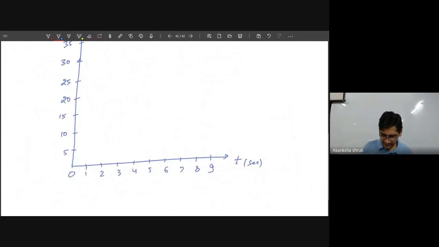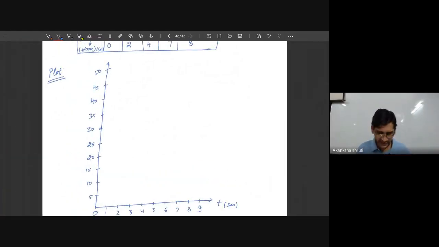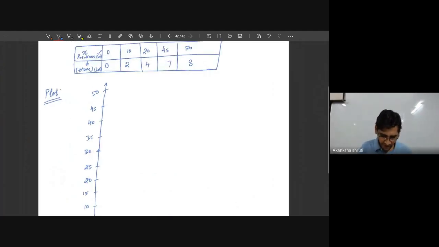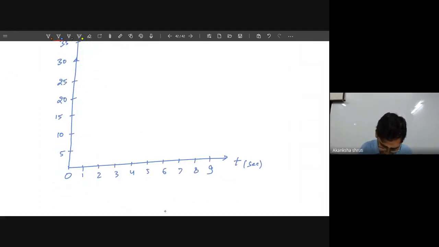Students, so these are the graph axes. Let me shrink it so that you can watch it. So this is the graph. Now we have to plot what? At t equals 0, x equals 0. Means at 0 time, the position is 0. On the time axis we need not move because it is 0 time. Then on the position axis also you need not move, means this is the point O itself, the point A itself. So I have denoted this point by A. Let me write this as A.